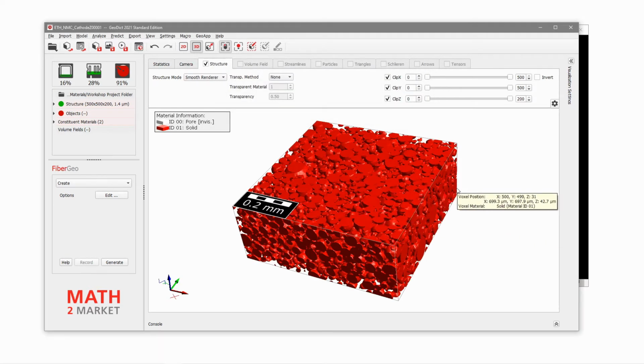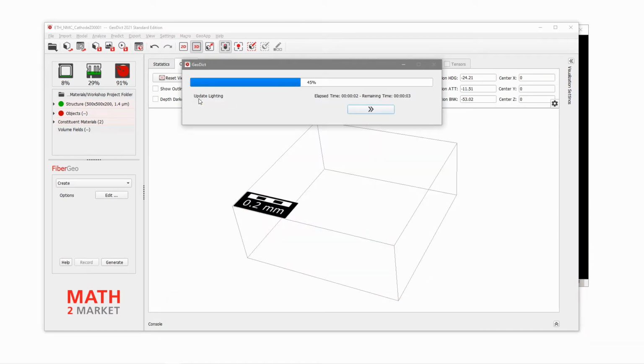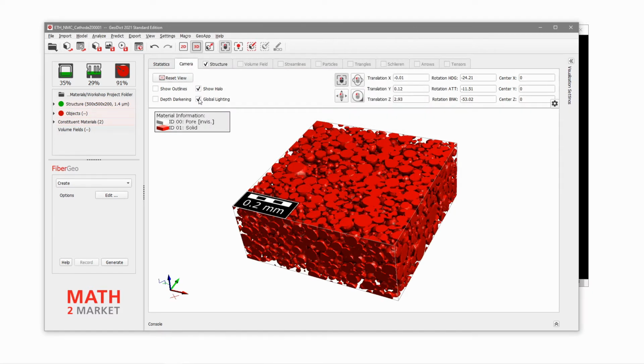And here you can see the lighting is a bit better. The surfaces are smooth there. So it's just a bit more appealing. Then here under the camera tab, you have some more options. I will enable here the show halo option. If you want to make really nice screenshots, you can switch on the global lighting here. Then a global lighting map is calculated for the whole structure. But as you can see, for each structure, this just takes time. And therefore, I mostly don't use it when I'm working in GeoDict, and I only use it for screenshots. So I will also